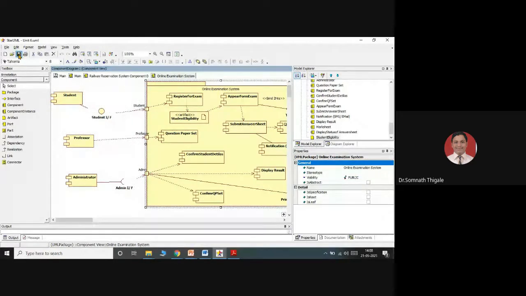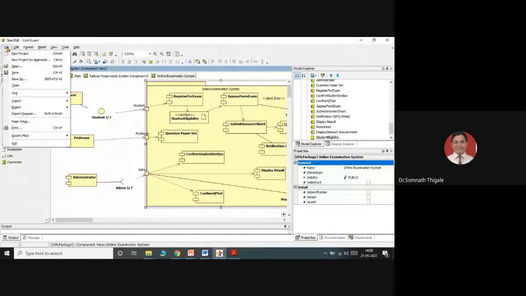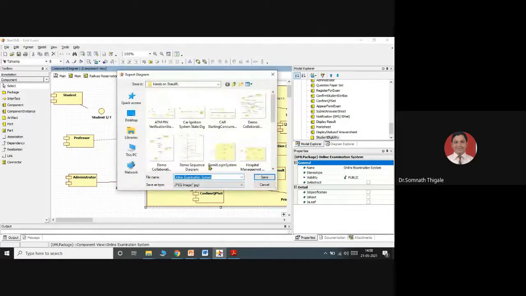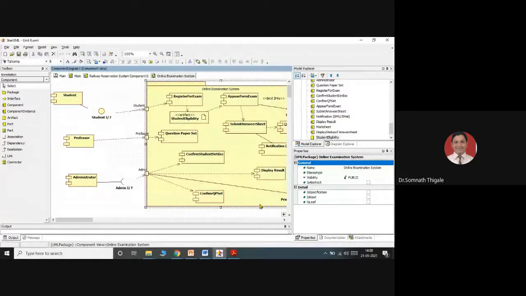So I will save this. I'll take it outside of this. So go to the option file, export the diagram, online examination system component diagram. So consider this, save this.